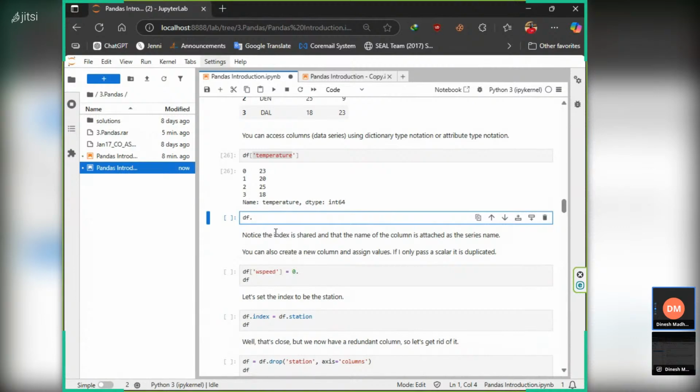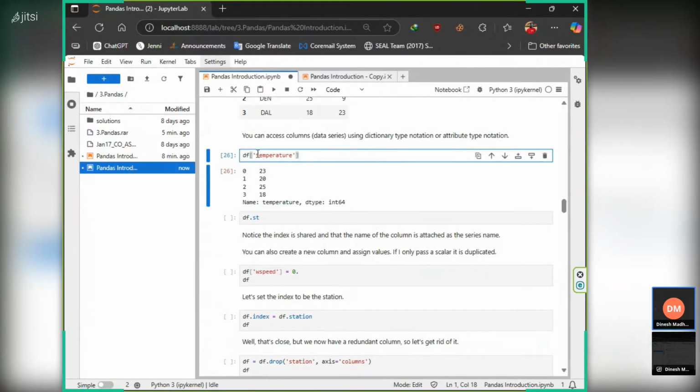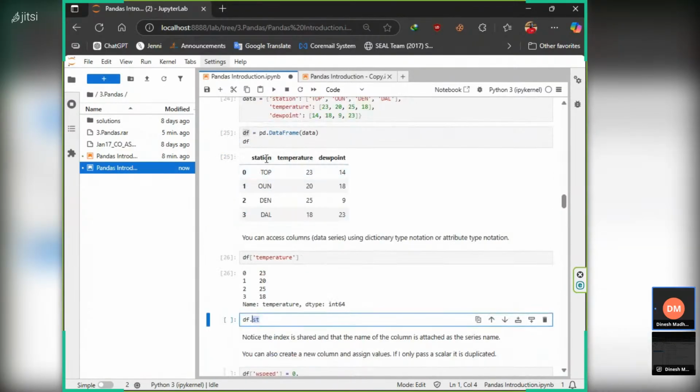If I type df dot then te, even temperature is there. If I type st, I have the stations as well. So this is the best way. Rather than going with something like this, you can call df, then dot and the column name. Here the column names are station, temperature, and dew point. So if I need to get dew points, I can type df dot dew point